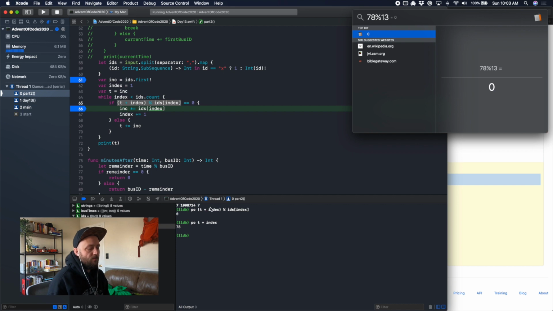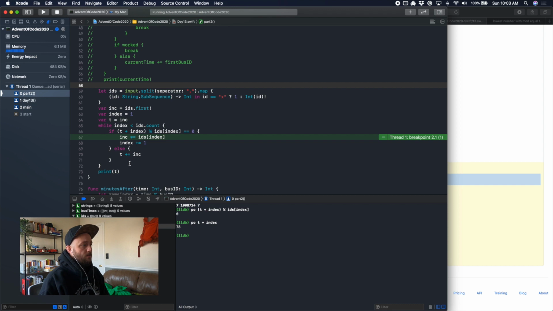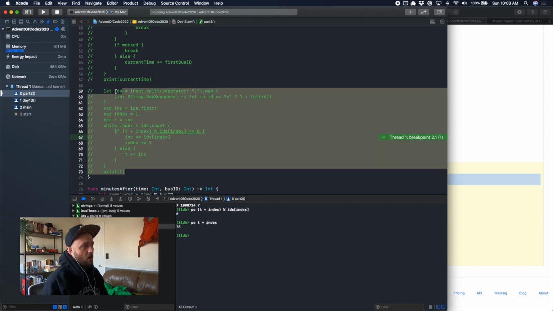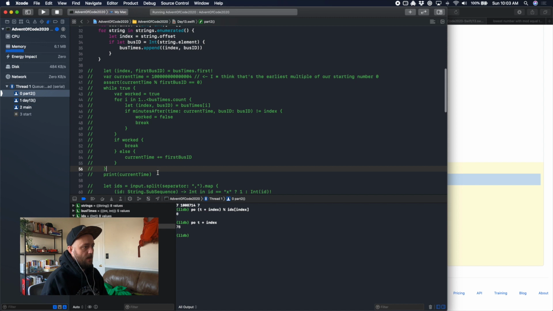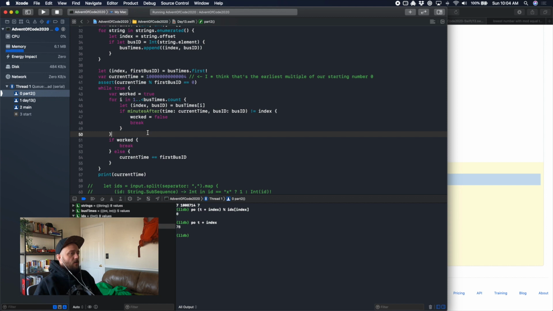78 mod 13. So basically we are counting up by increments of the first number until we hit something that is mod 0 of the second number. And then we keep going by increments of the second number until we find something that mods for the third number. So basically he is doing the same thing, right? Like he is counting up, but rather than always counting by that value,